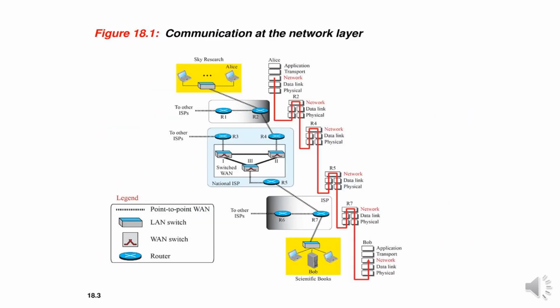Here we can see that the activities of the network layer are mainly performed on devices working at the network layer. These are the main devices working with the network layer: routers, switches, which may be WAN switches or LAN switches, and point-to-point wide area networks. Every device working in the network, as well as the host, has some protocols associated with the network layer. So the host devices, the routers, the point-to-point connections between the routers, WAN switches, and all these kinds of devices participate in the activities of the network layer.